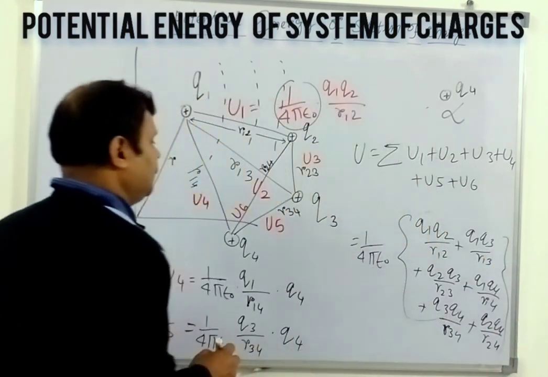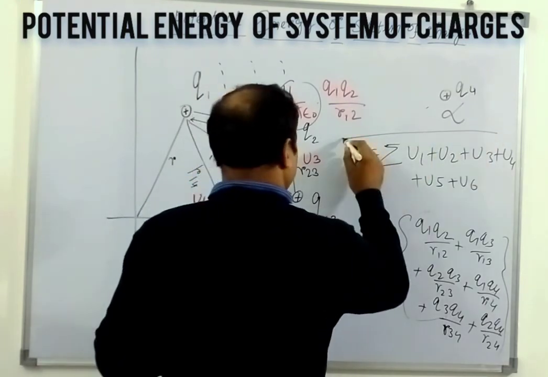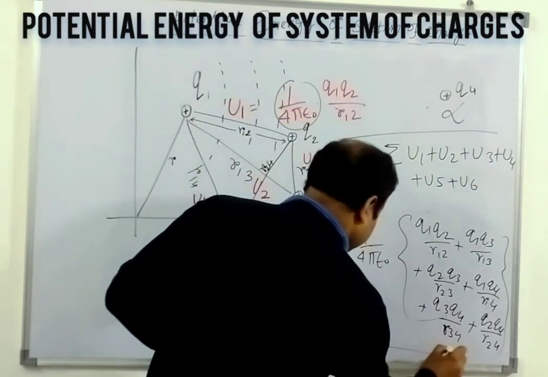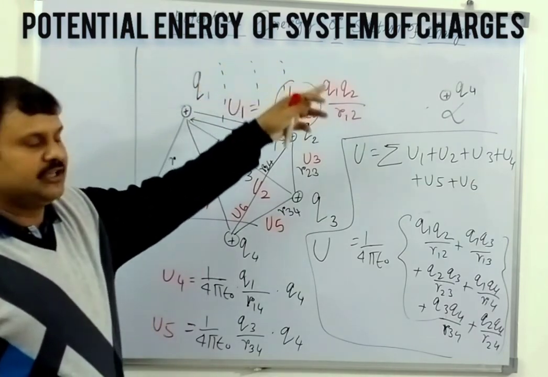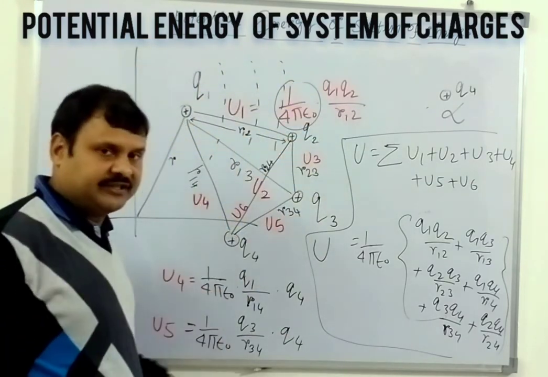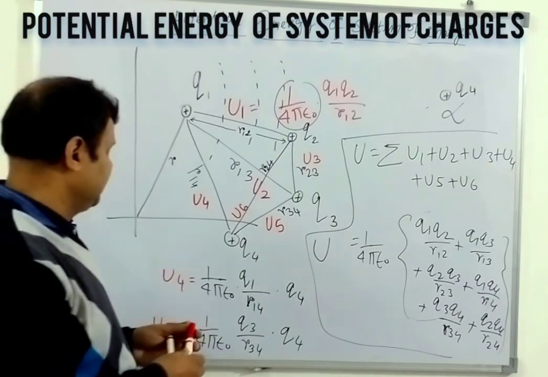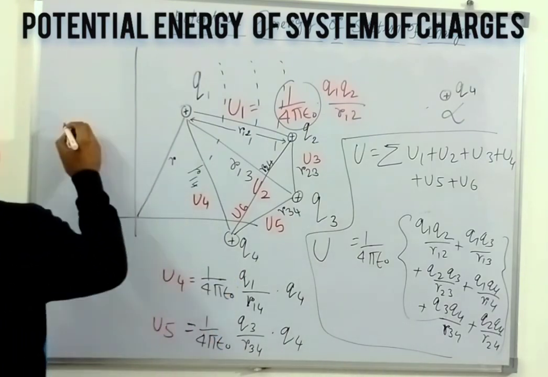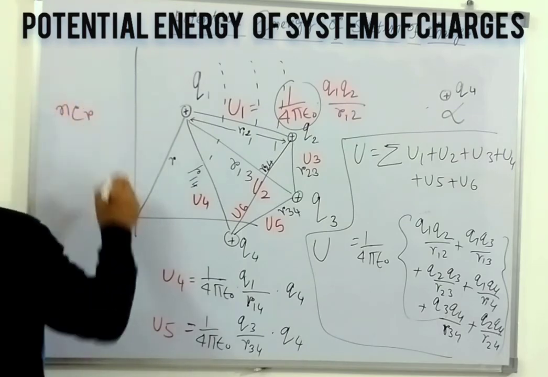So this is the total amount of system energy we need to supply by external work, and this will be stored as internal potential energy for a 4 charge system. Okay, so this is nothing but the combination, we say, the principal combination.